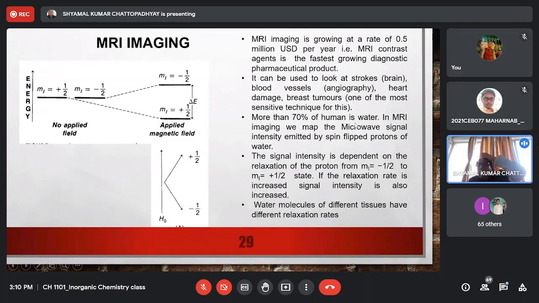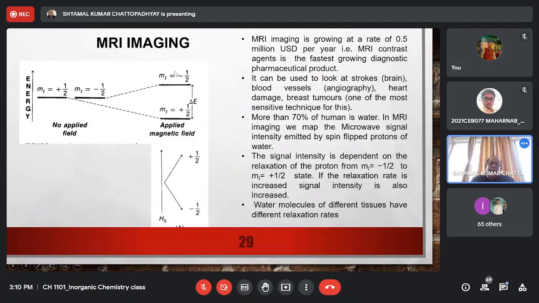So that means we are looking at the protons of these water molecules, right? Protons of this water molecule. Now, when you want to scan a particular tissue of a body or a particular organ of a body, what is your